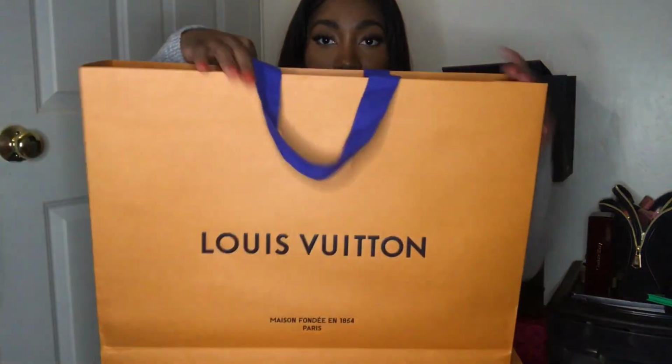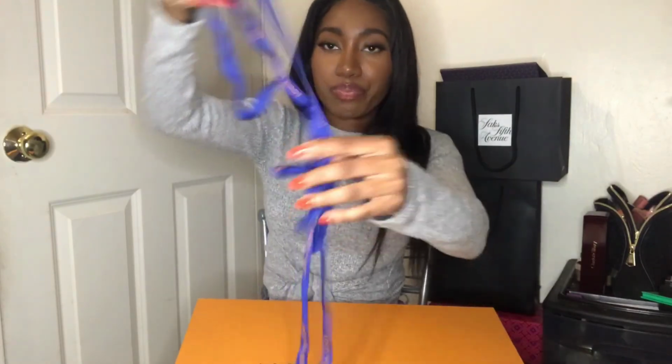So, of course, you got the bag. Bow tie that you would see wrapped around the box before you can open it. It always falls off, and I never know how to put it back on, so I couldn't really fake it. I already opened it. Anywho, you would get as well, oh dang, this is all bent out. You would get